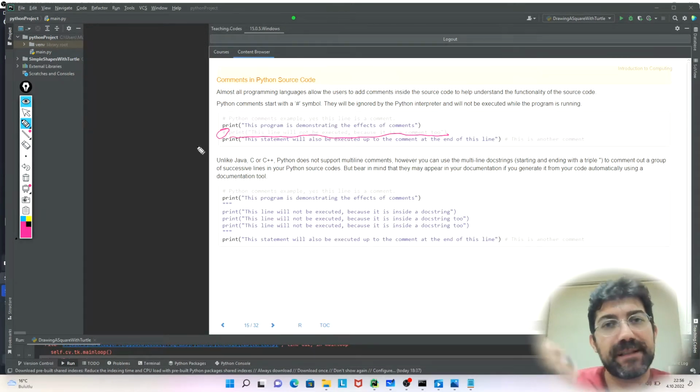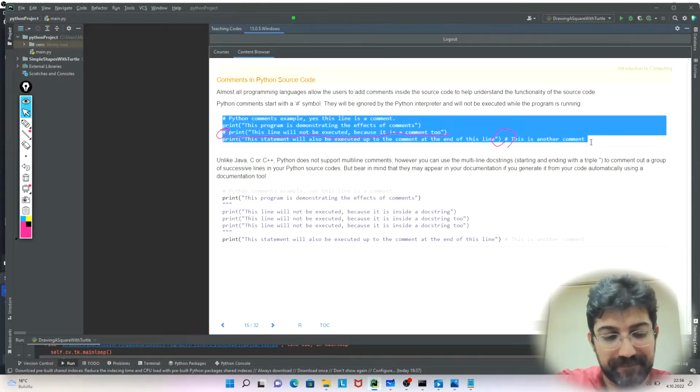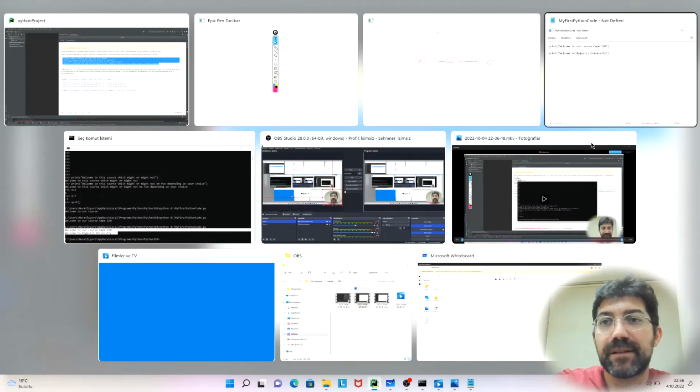So there are many uses of comments, but the important thing is the comments are there for human information. They don't make any sense to your computer or your program. Okay, it's for our own information, and the computer just disregards them. It doesn't do anything. You can also add comments following legitimate statements. So if we copy these lines of code to our notepad, for instance, and try to execute them